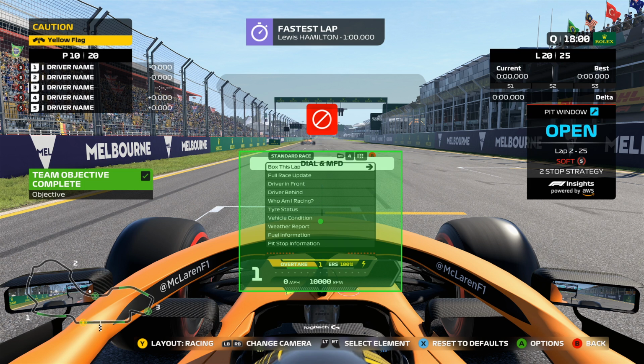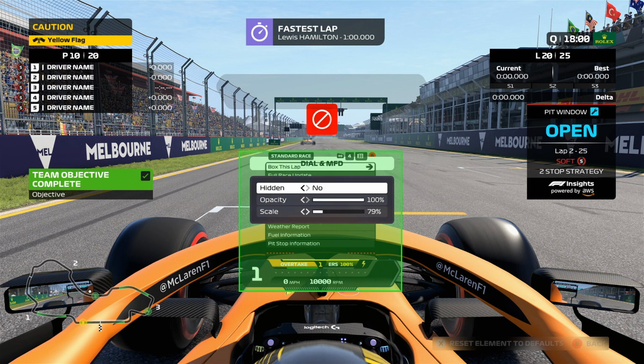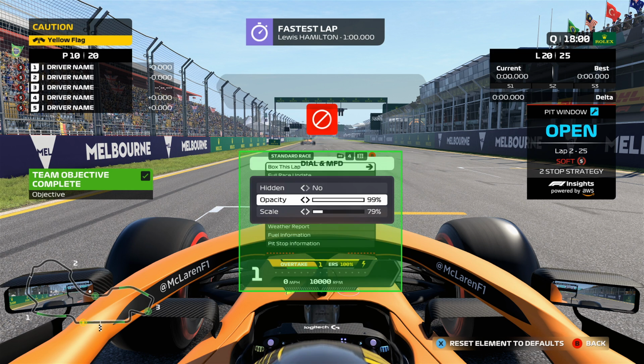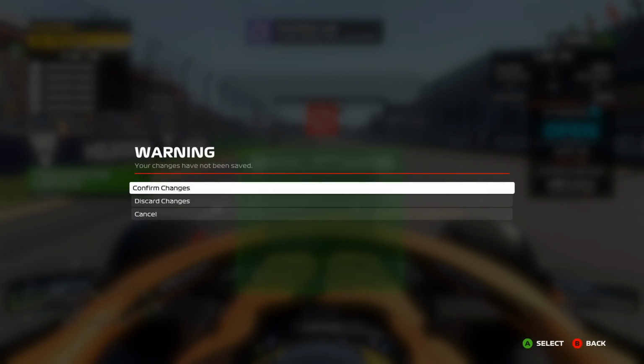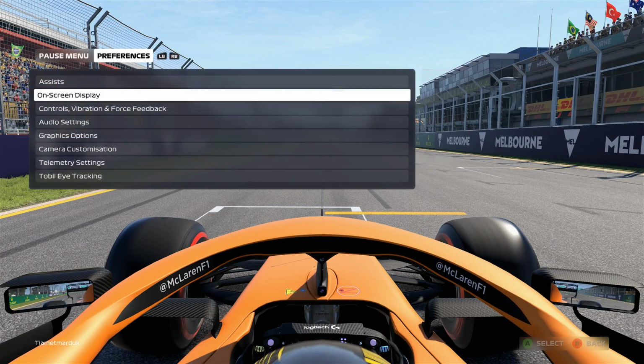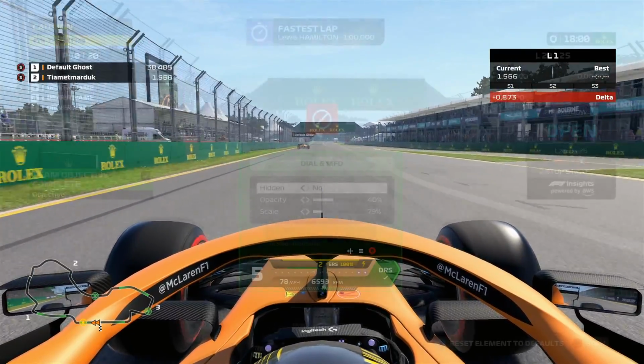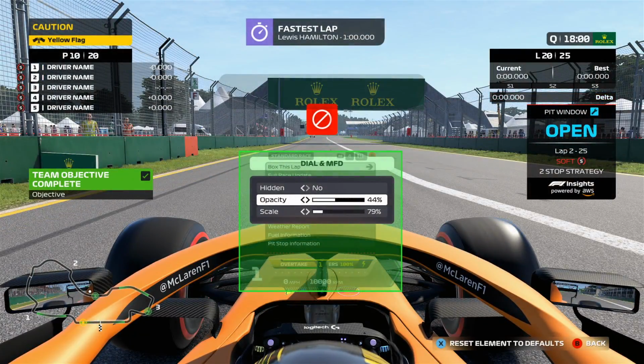You can't overlap things on the OSD, so that's something you need to bear in mind. And there are certain areas which are restricted from putting anything there at all, which is unfortunate. But that's just how it works at this current stage. You can change things like the opacity, which makes it a little less visible. You can see through it if you prefer that, but I'm completely fine with just having things being fully there,